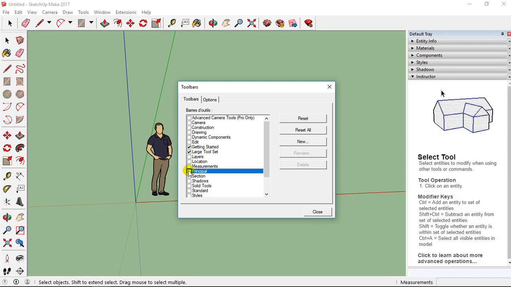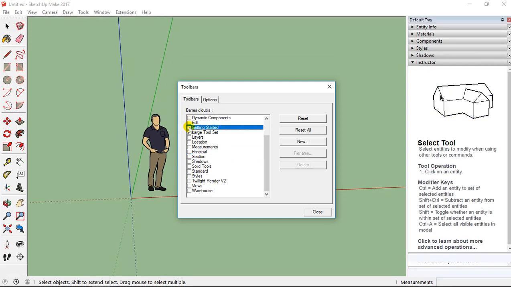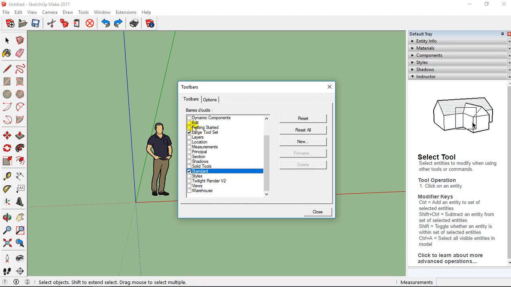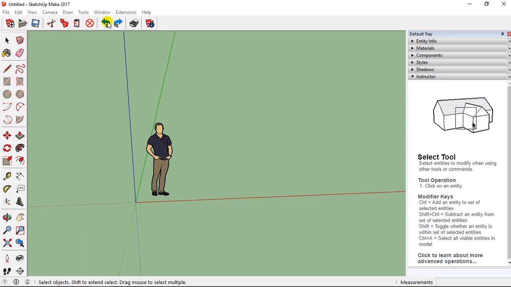You can have Principal. So you can remove Getting Started, and I'd advise you to start with Standard and with Large Tool Set. Standard is very interesting because you have these different elements at this level. You can save, you can undo and redo actions, you can print also.